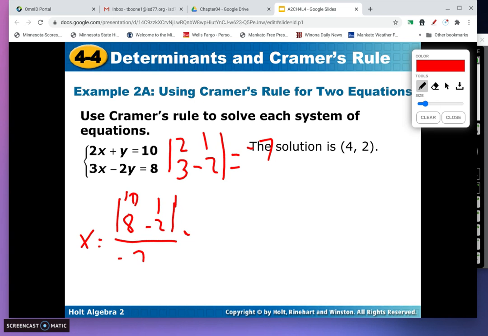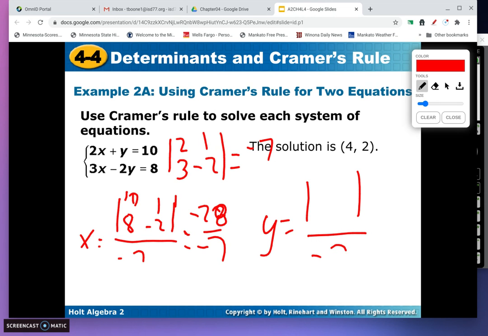All right, so there we go. I guess we're going to get 4. Let's see, we get negative 20 minus 8. That's negative 28 over negative 7. Oopsie, my finger's not writing very well today. All right, negative 28 divided by negative 7, that does give us 4. How about that? To find the y value now,